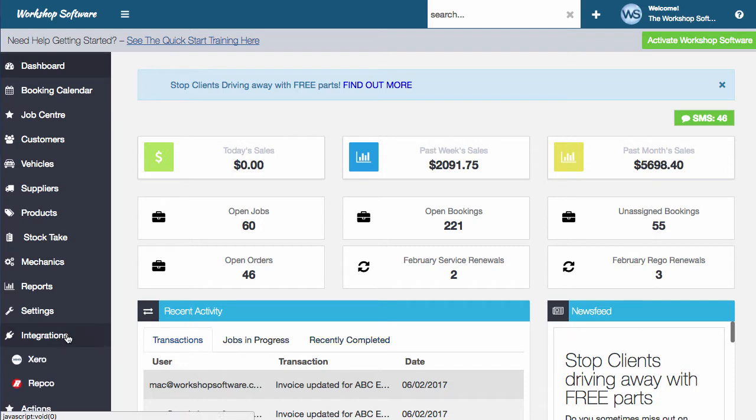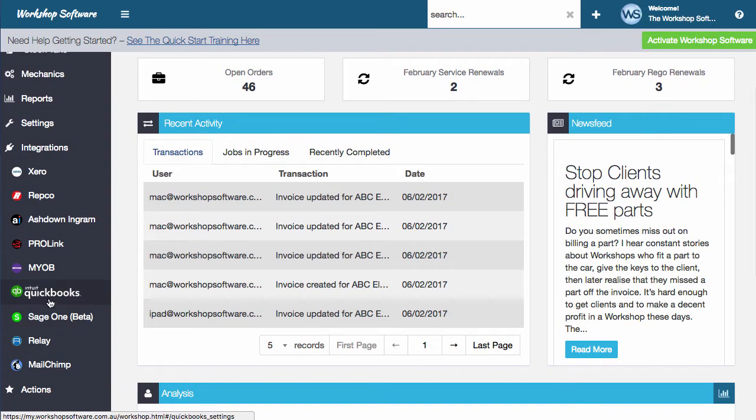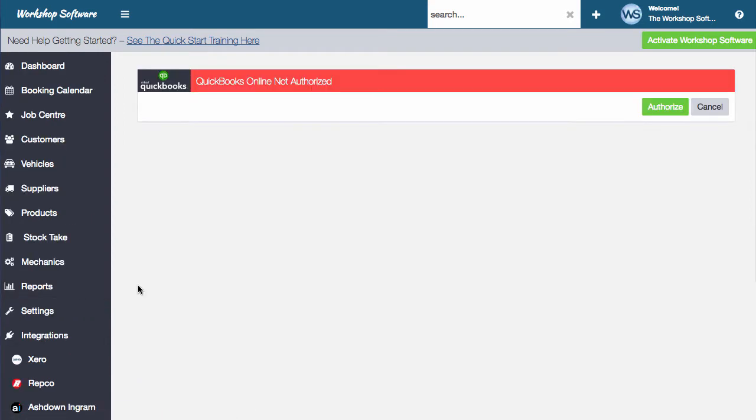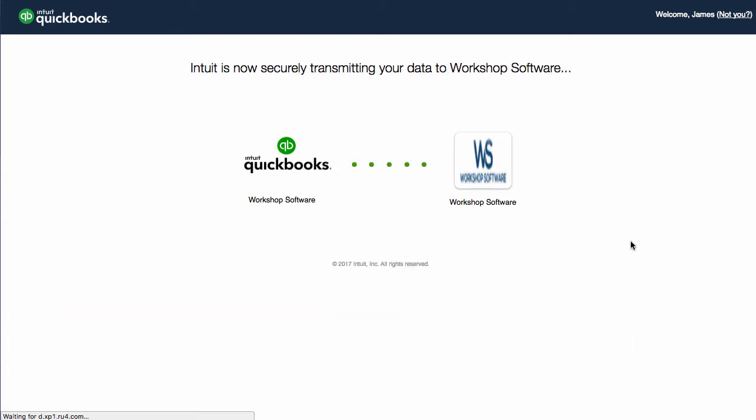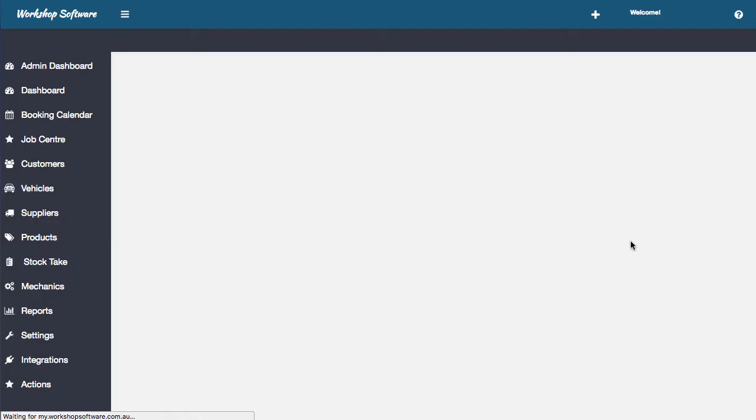So what we first up do is go under Integrations and click on Intuit QuickBooks. When you go here, it will not be authorized first time you come in here. So we click on the Authorize button. And what that does, that now jumps into QuickBooks, right? So what you will need to do is you'd actually need to log on. So I've already logged on, so I'm going to go authorize, and this will now go off and authorize the